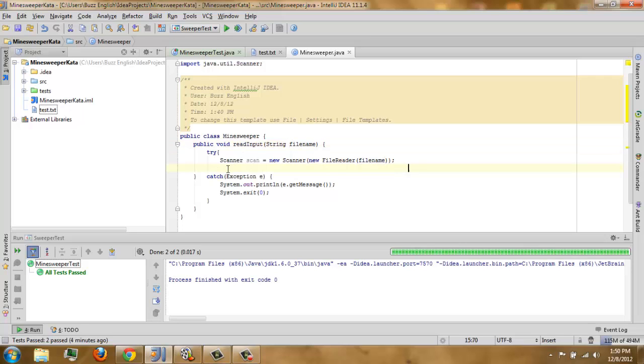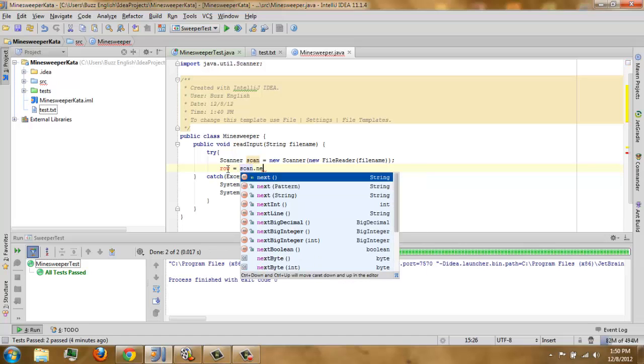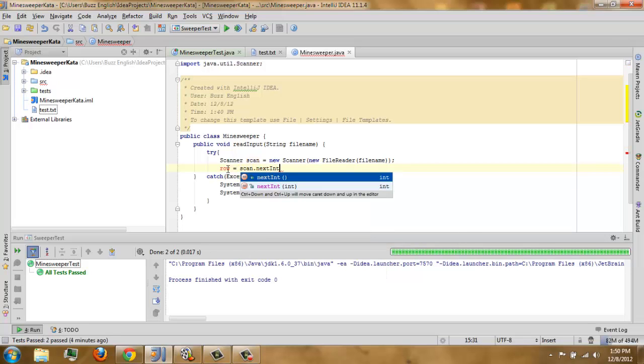So let's continue. If we have a grid, we need rows and columns so that we can plot it. As we discussed in our input, we need row equals scan.nextInt.